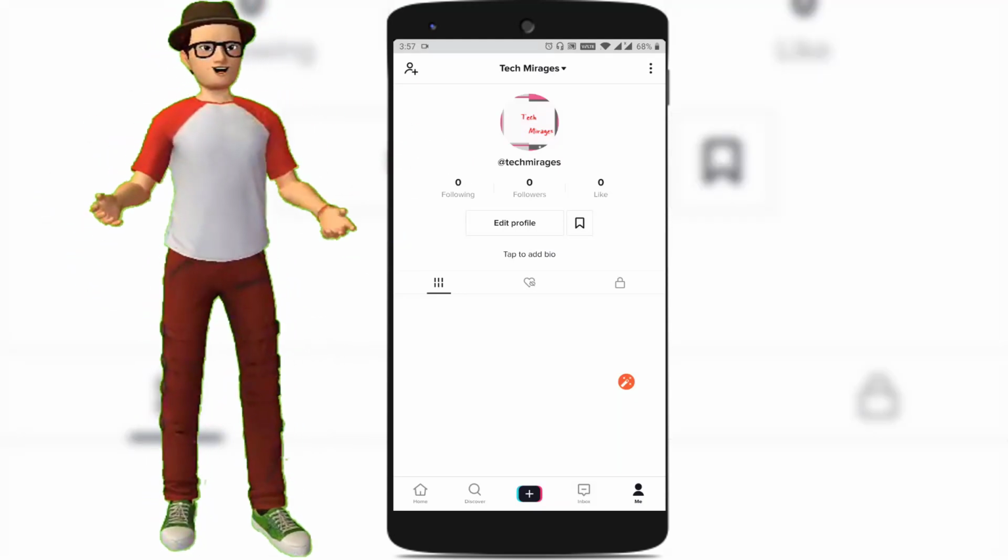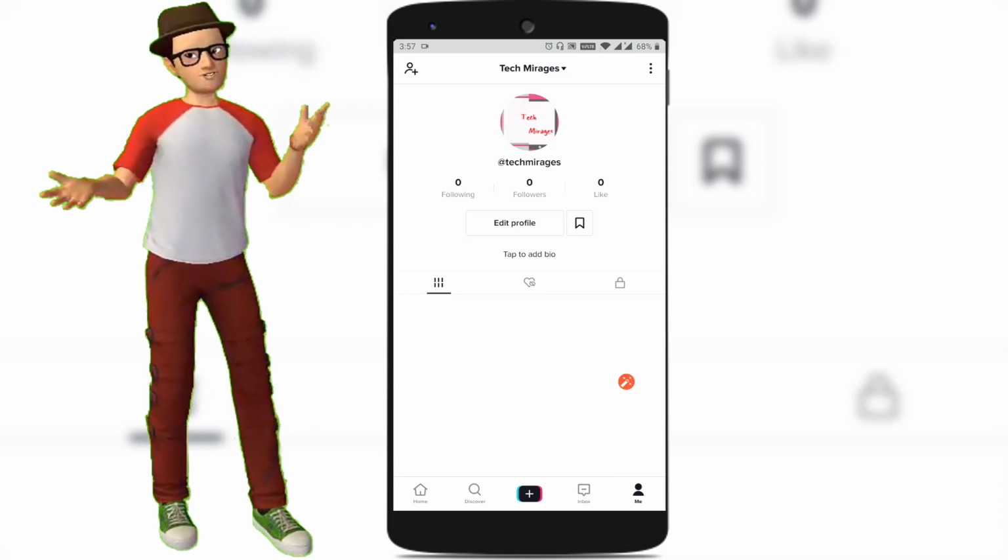In this video, I'll show you how to reverse a TikTok video or how to reverse a video and upload